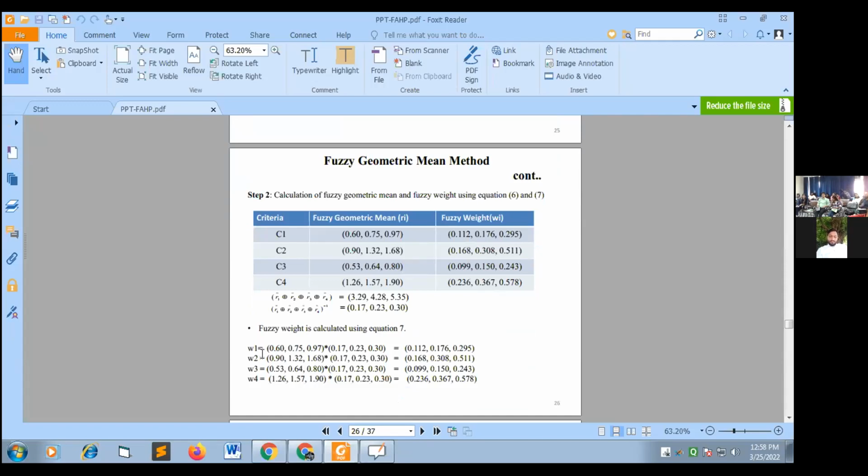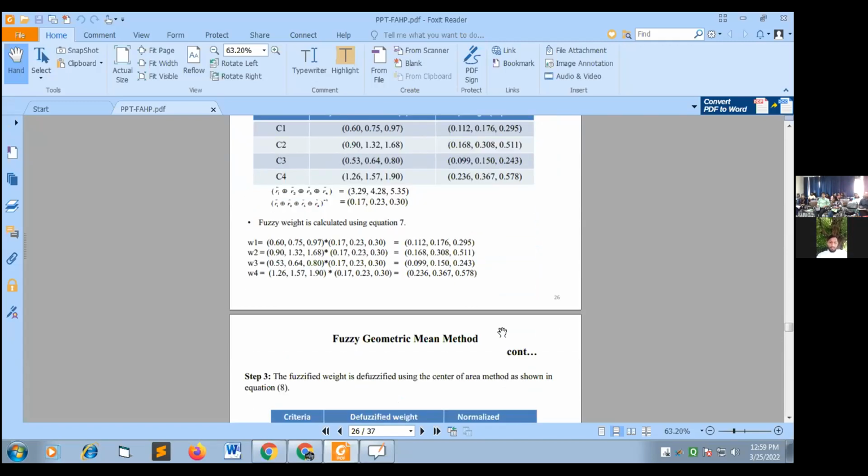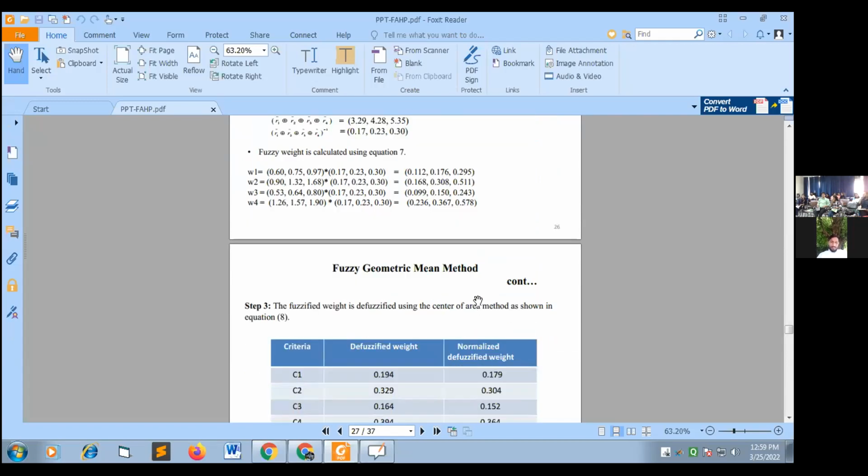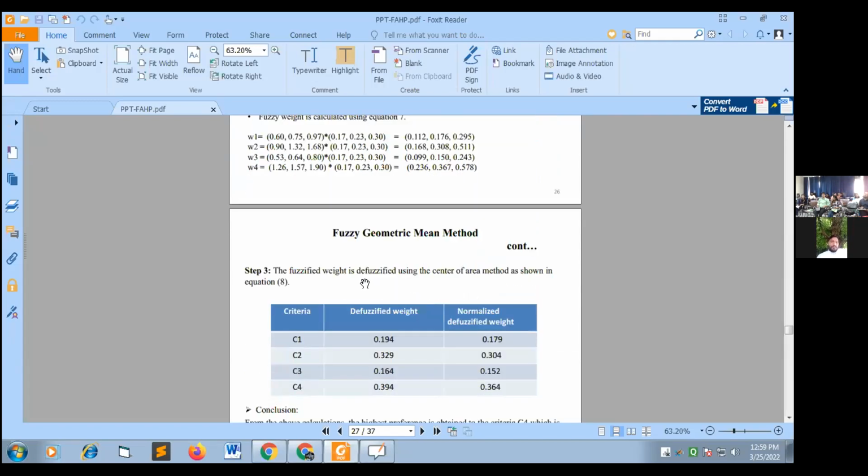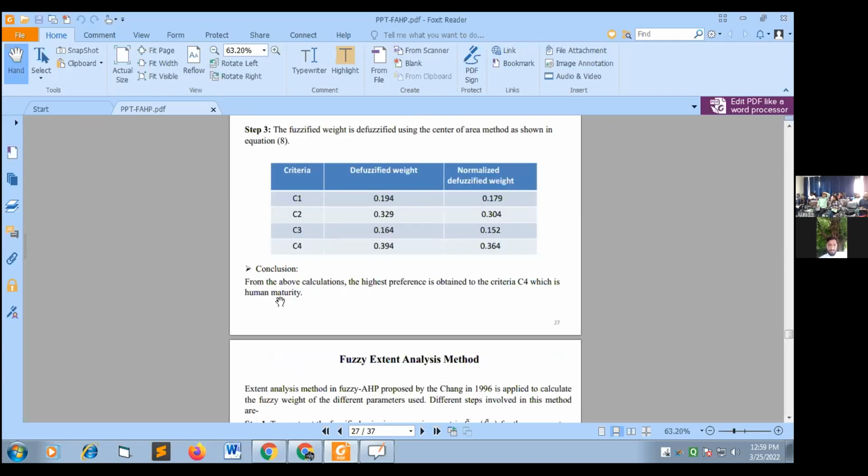So W1, W2, the fuzzy weights are calculated using equation 7. So these are the weights. Now the fuzzified weights are defuzzified using the centroid method. We can defuzzify these weights in the classical sense, because the user needs a solution in the classical sense. So after defuzzifying the weights, we normalize them, and from the above conclusion, the highest preference is obtained for the weights of